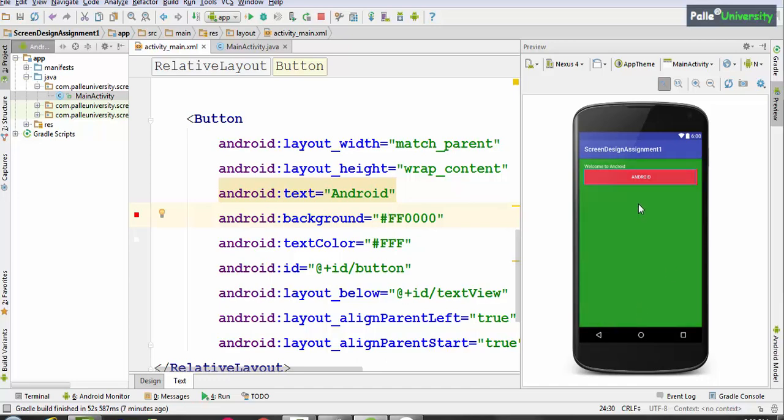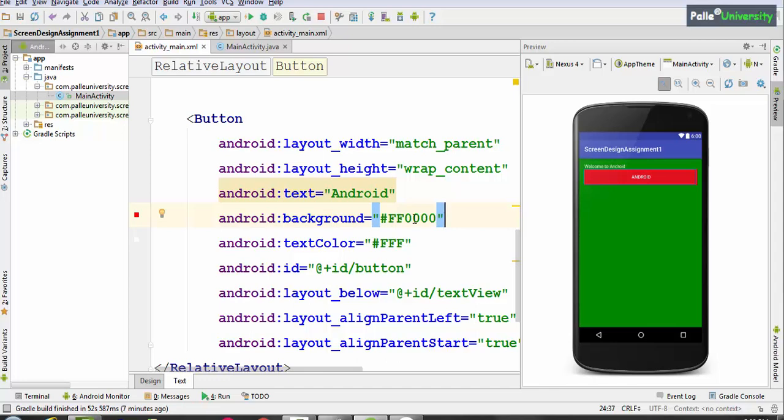Now in this example, the colors are very straightforward. One is green color and the other is red color. But there may be a chance that in your project you may get some color combinations where you don't know the exact hexadecimal code for a particular color. For example, if I ask you what is the hexa color code for this title area and for this area, if you observe, this is light blue color and this is thick blue color. So in that case, how will you come up with the exact hexadecimal value for a given color? It will be almost difficult for you.